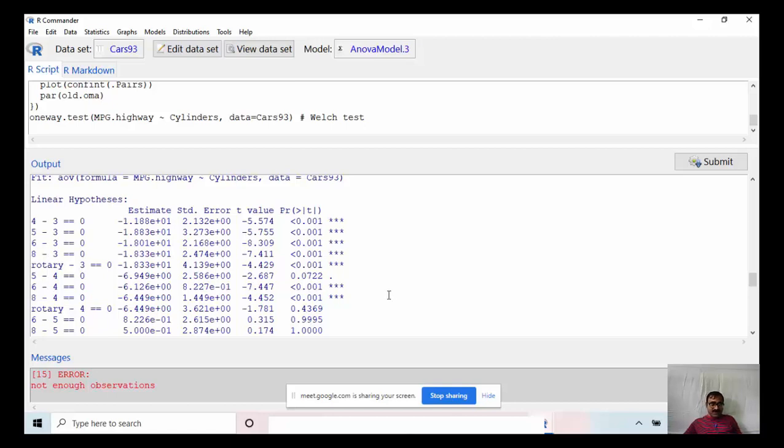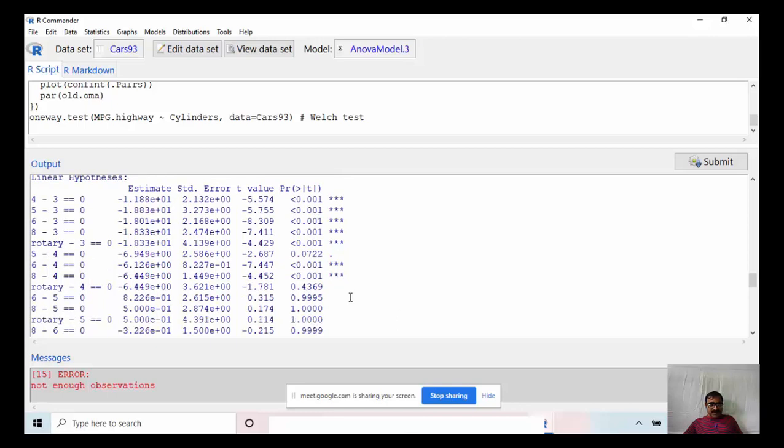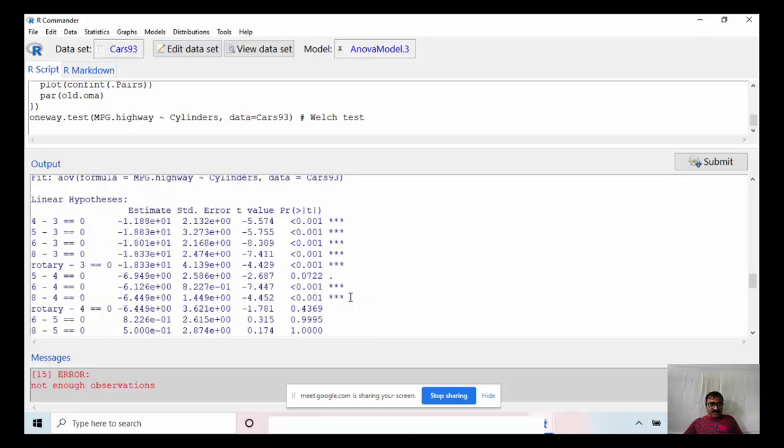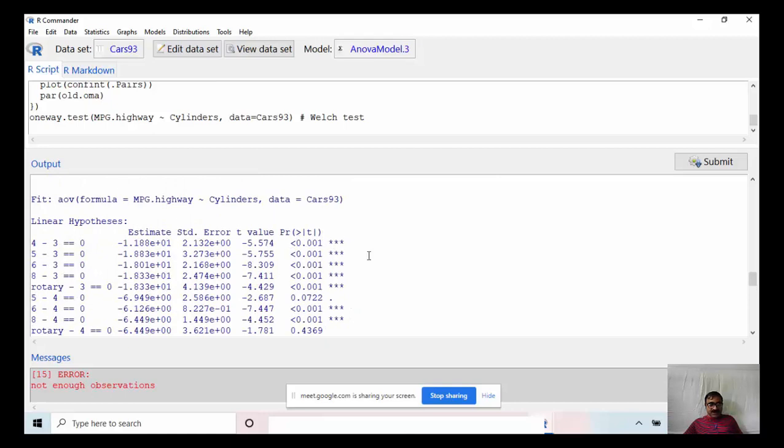What will be the conclusion? From this p value, if it is less than 0.01, then there is a significant difference between these two cylinders. And all of them here are less than 0.01.